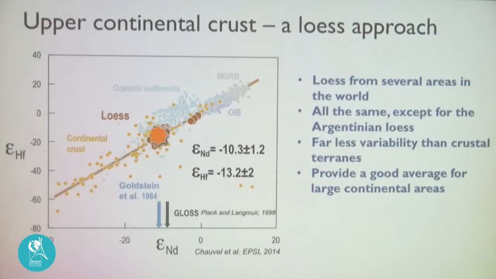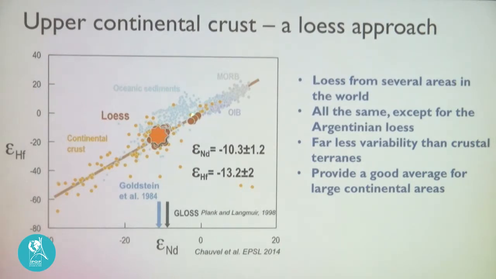So that's what I've done in a paper that I published a few years ago to estimate the average composition of the upper continental crust. So what we did is we worked on loess samples because they are good samples to make an average very simply. In one sample, you have a very large surface that has been eroded and lands in the same sample. So we analyzed a lot of loess samples. You don't see them because they are behind the star, and there's about 50 points all stuck there. So what it shows is that basically the loess provide a very uniform average value.